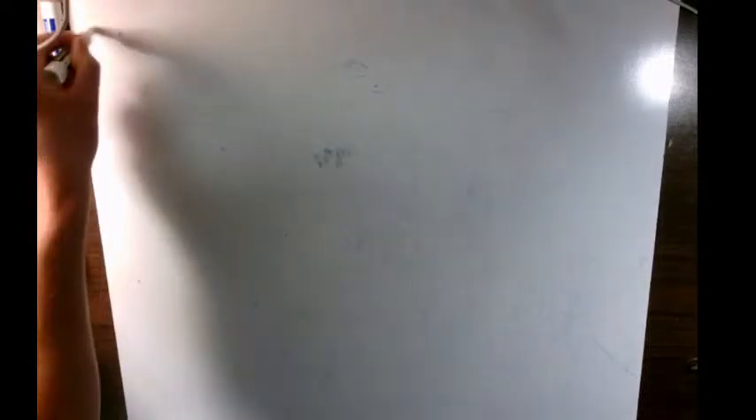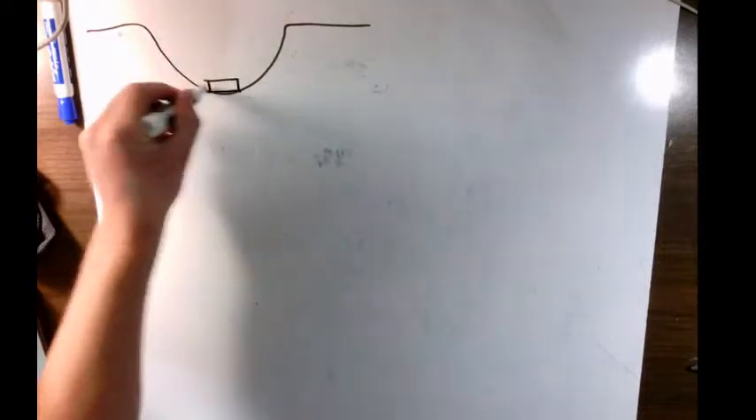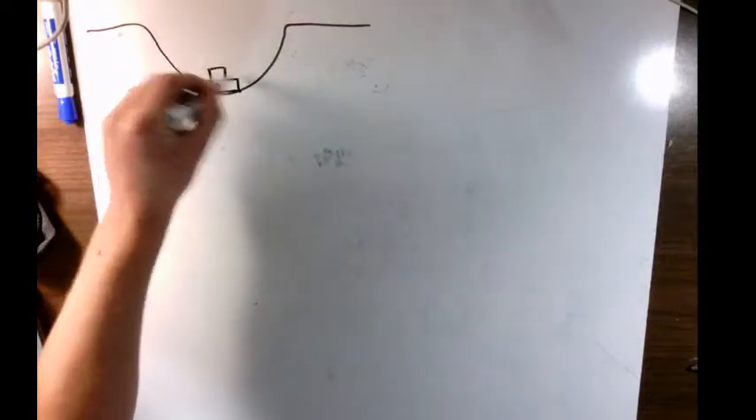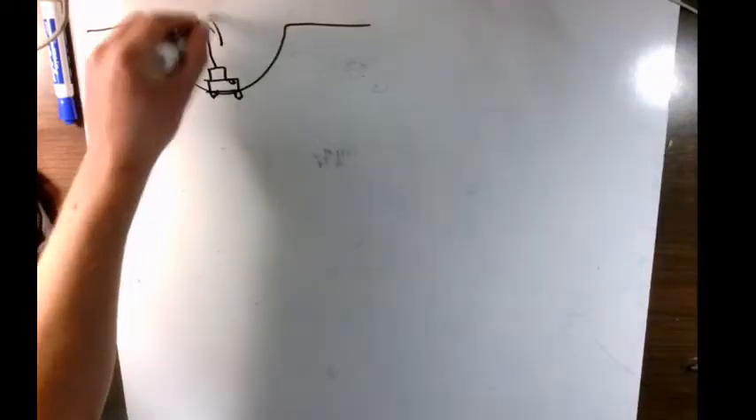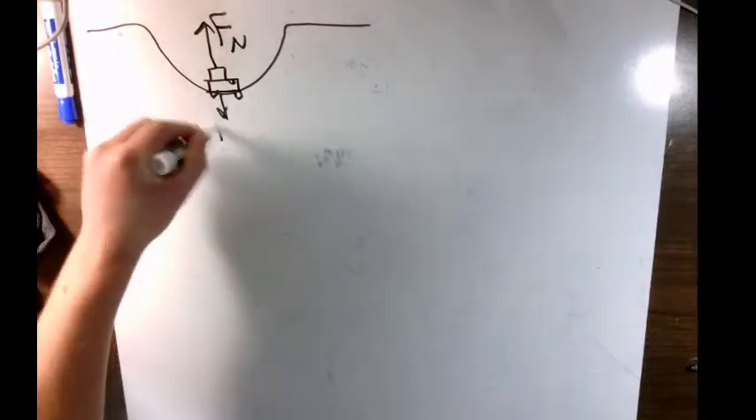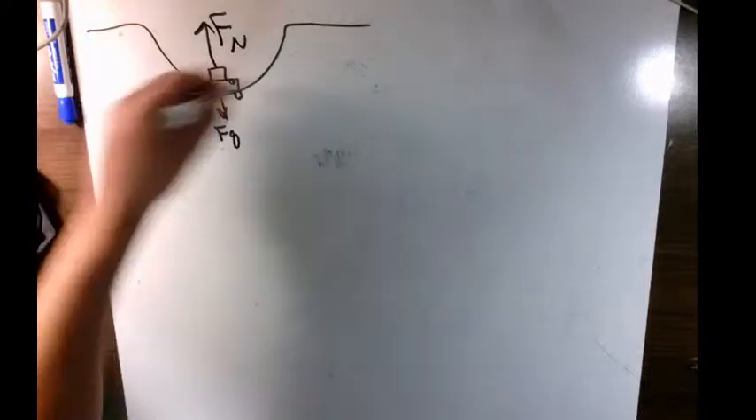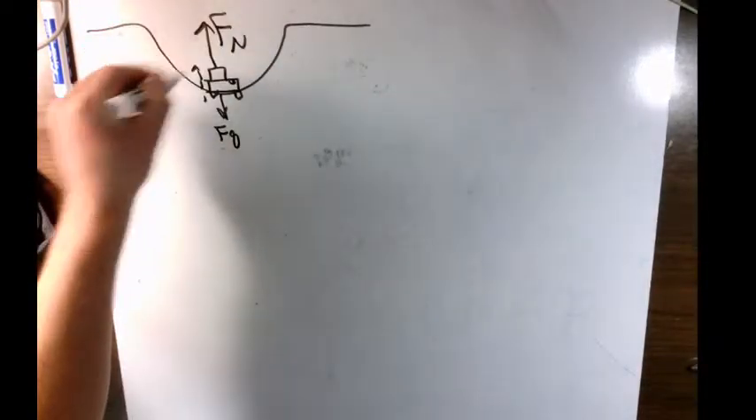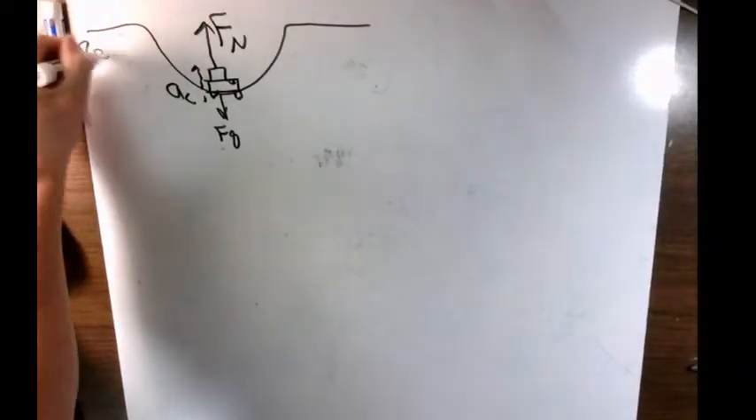Here we have somebody driving inside a car. They're driving to the bottom of a dip. So if we drew that in, we have a car at the bottom here. If we drew in all of our forces, we're going to have the normal force or the apparent weight up, a force of gravity down, and our centripetal acceleration is always going to be towards the center of our circle. So in this case, it's going to be up, and we'll say our reference system up